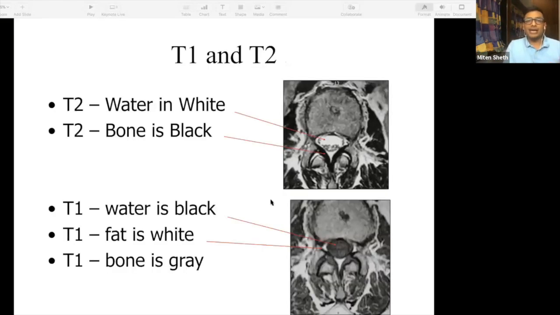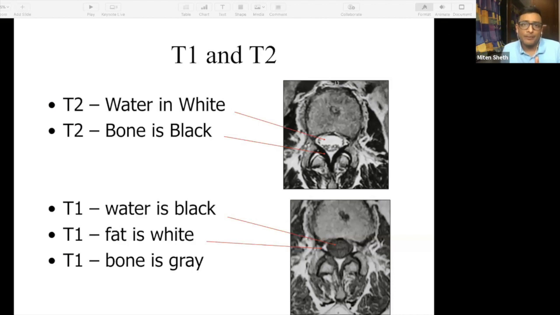Once you segregate between the T2 and T1 weighted images, you then differentiate. First, you take a sagittal T2 weighted image. Then you take an axial T2 weighted image. Keep them separately. Then you take a sagittal T1 weighted image and an axial T1 weighted image. So you have 4 images. What you see is first your sagittal T2, axial T2, then your sagittal T1 and axial T1.